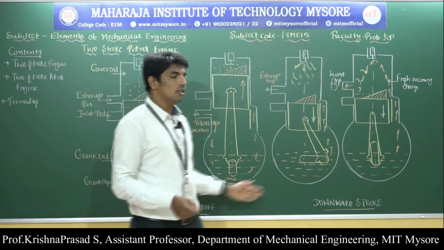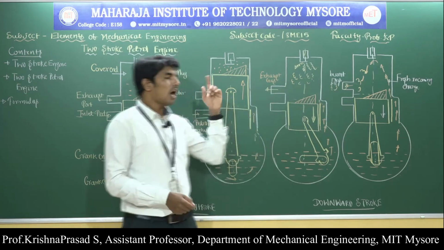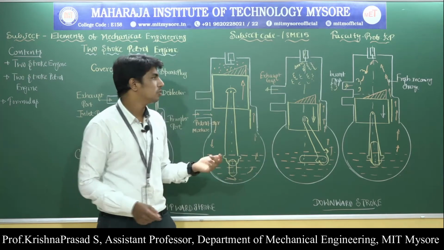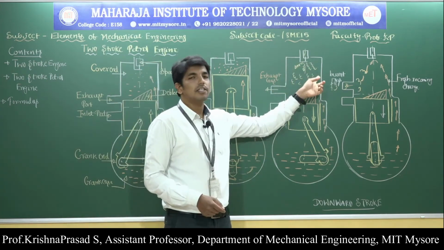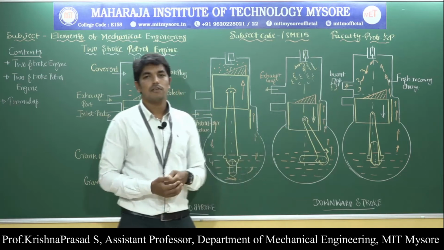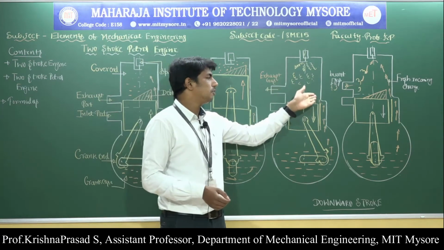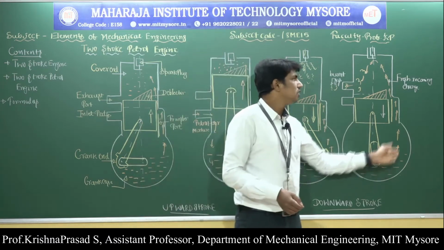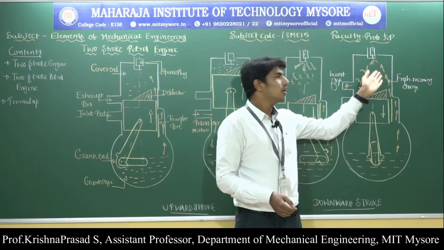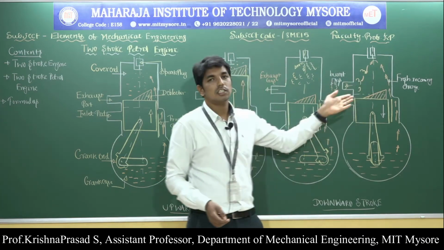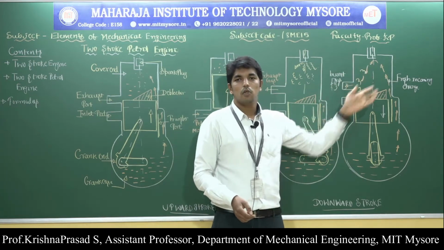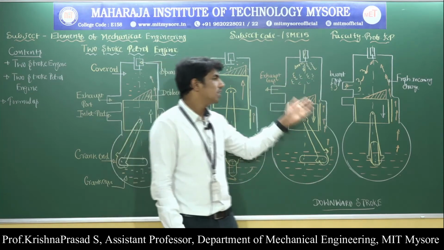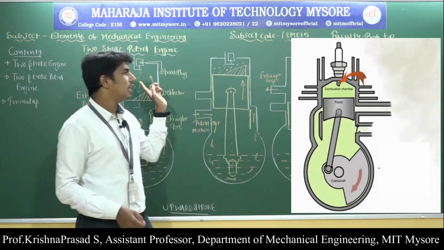Then at the beginning of the downward stroke, the high pressure and high temperature air fuel mixture catches fire from the spark plug, hence combustion of fuel is going to take place, and this pushes the piston from cover end to the crank end and power is going to develop. As soon as the top end of the piston uncovers the transfer port, the fresh charge of air petrol mixture from the crankcase enters into the top end of the combustion chamber, and this drives out the burnt gases present inside the combustion chamber. So this is regarding the downward stroke. During the downward stroke, the power as well as the exhaust stroke take place together.